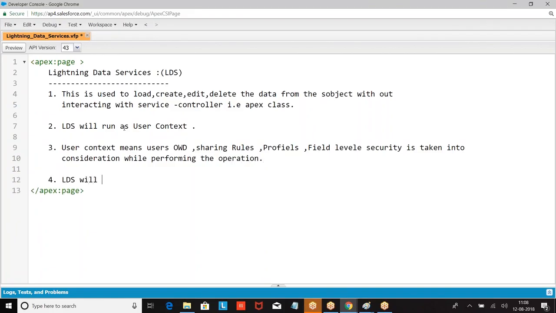LDS will behave like a standard controller, the VF page.